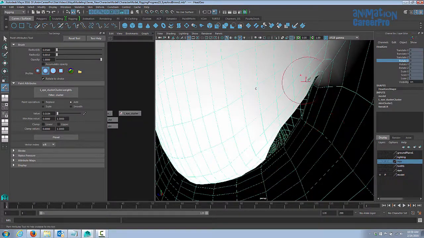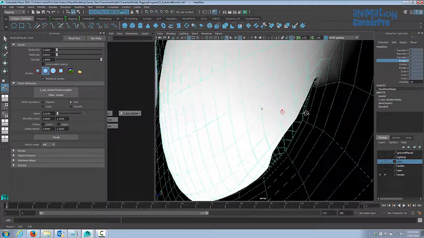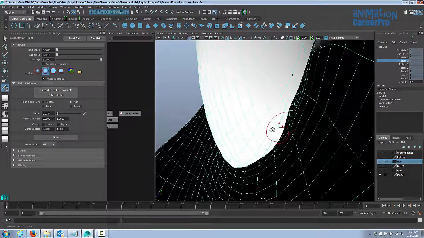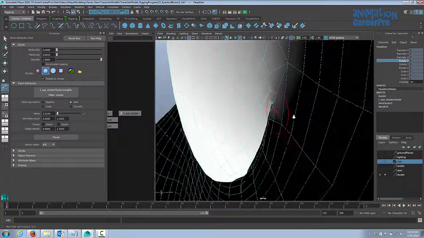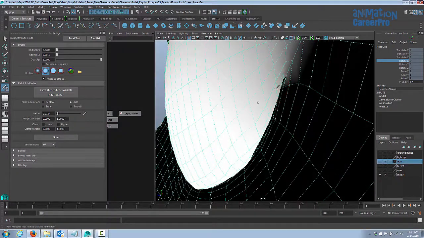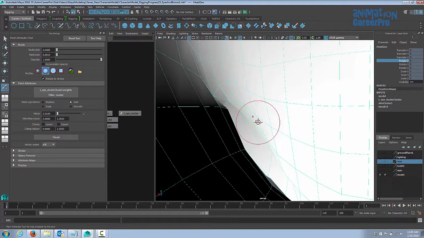When you get to these more delicate areas, you might want to decrease the size of your brush. Just go with a very small value on add. It's very similar to when we do the corner of the mouth as well. It's just a very touchy area, and sometimes it gets down to making your brush so small that you're only affecting one vertex. So I can see in here, right in this area, I'm probably going to want to affect that one vertex, so I'm going to make my brush super small just for that little tweak, and just use a very low value of adding, just to refine that one little area.